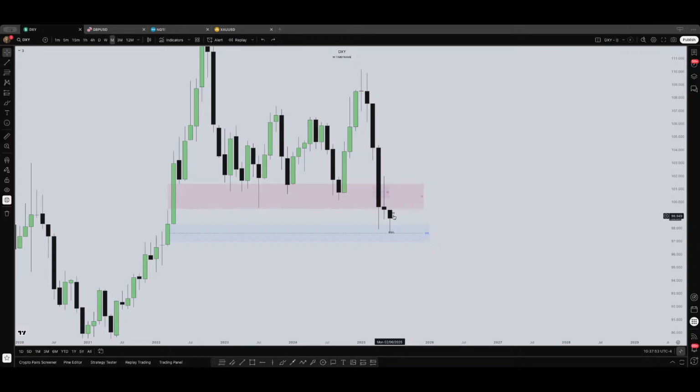I think it's not 100% secure, but we can expect this was the fake movement, the manipulation movement, you know. So possibly, I'm not saying 100%, this is the fake move price did until this day of the month, and we can expect now from here